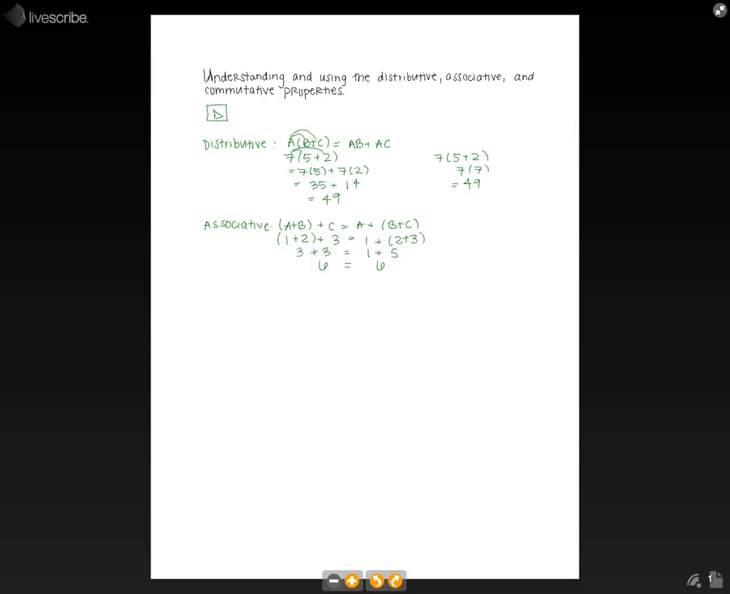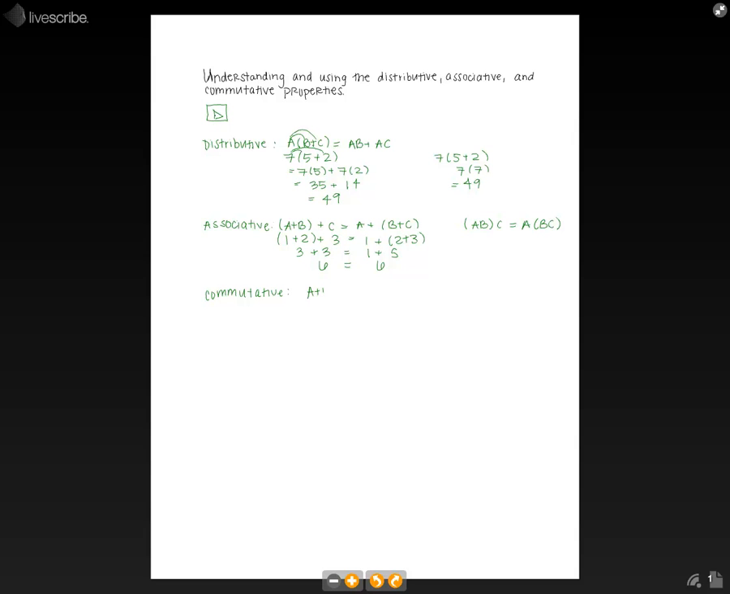And this can also be done the same for multiplication. So A times B and times C is the same as multiplying A times the parentheses of B and C. So it doesn't matter which order you multiply in. So for the commutative property,